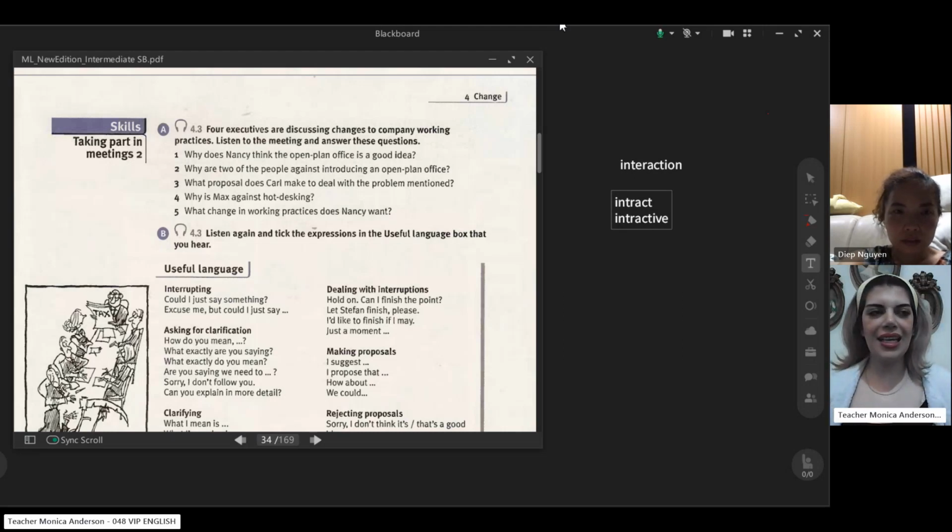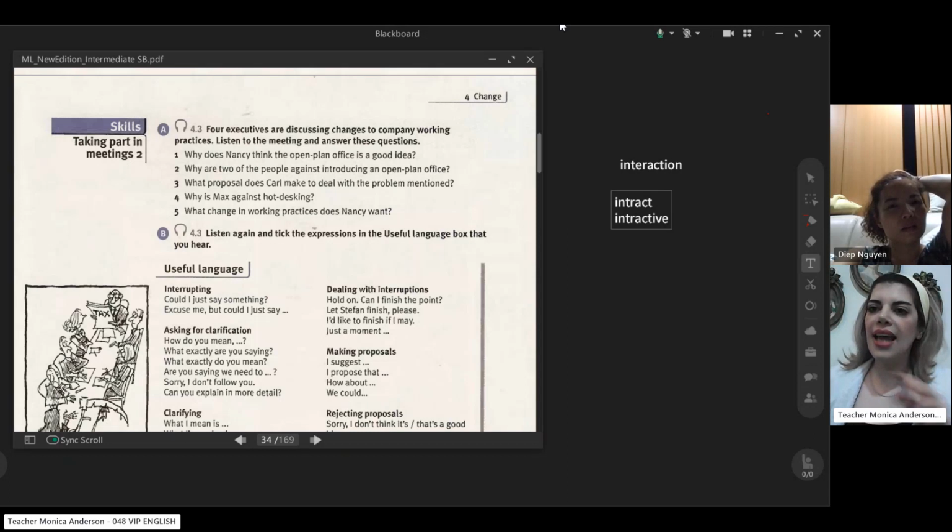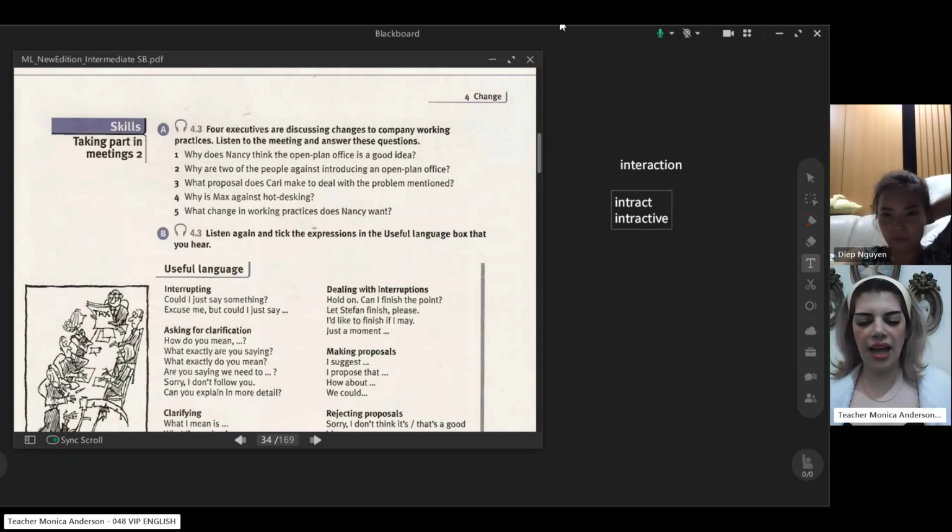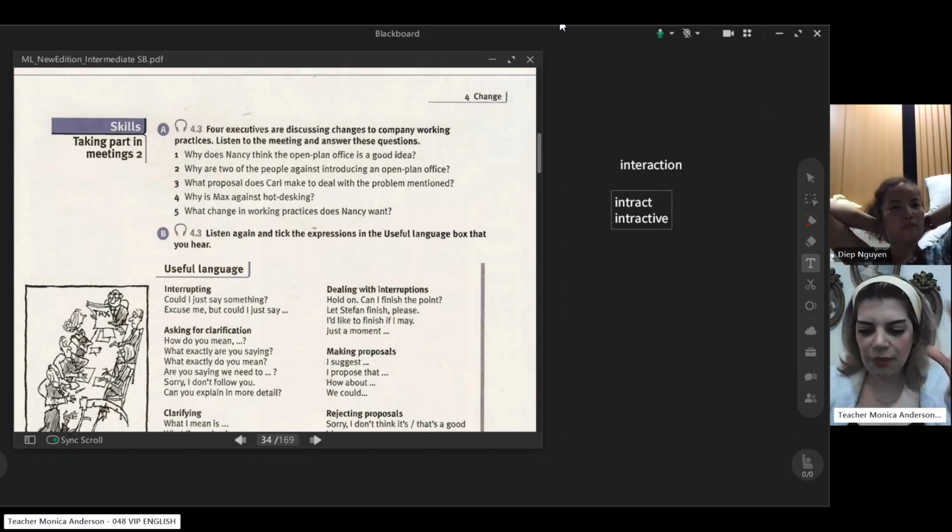hot desking is an organizational system in a workplace or workspace where all desks are used by different people at different times. For example, now you are using your desk. After you, I can use your desk. Of course, the aim and reason of hot desking is to maximize space efficiency and lessen real